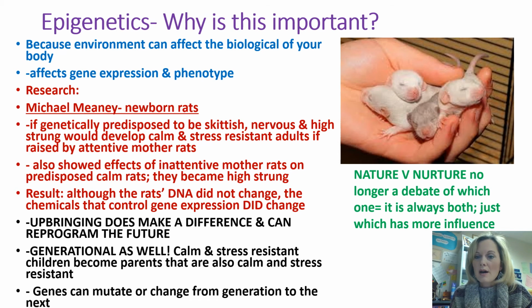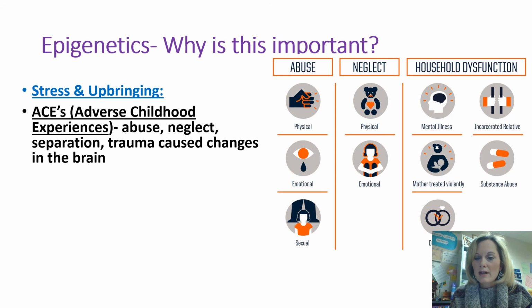Okay. Another thing to look at is what kind of stress is brought up, and what does that look like? What is stress? Stress is such a huge subject that we talk about because it does have a dramatic effect on environment. When we talk about that, it's not just abuse and trauma, it can be just general stress and how it can trigger genes as well.